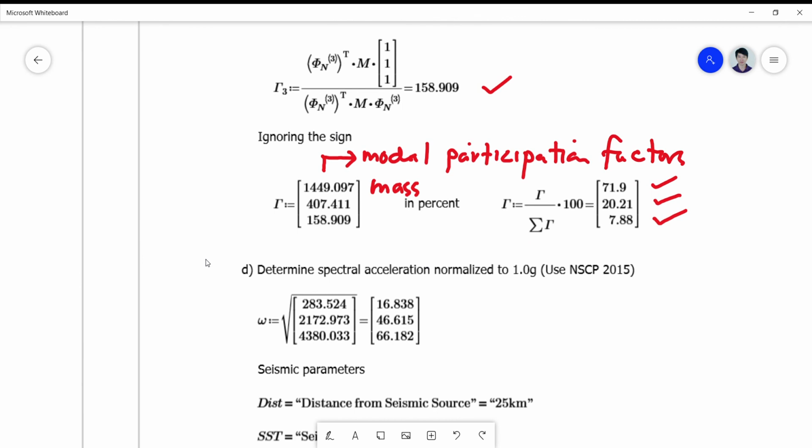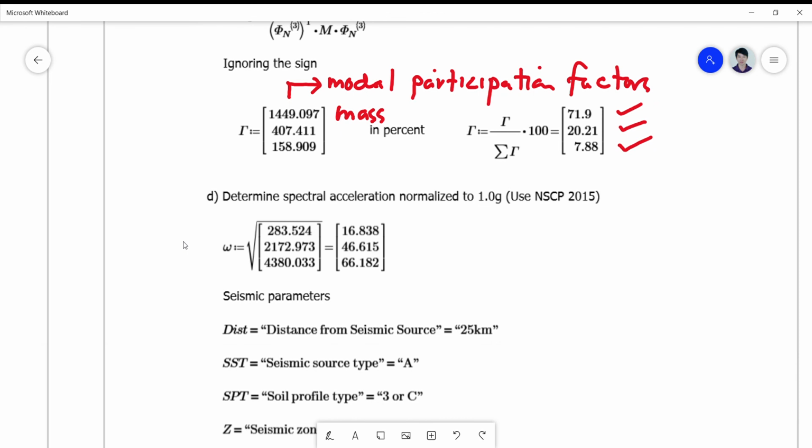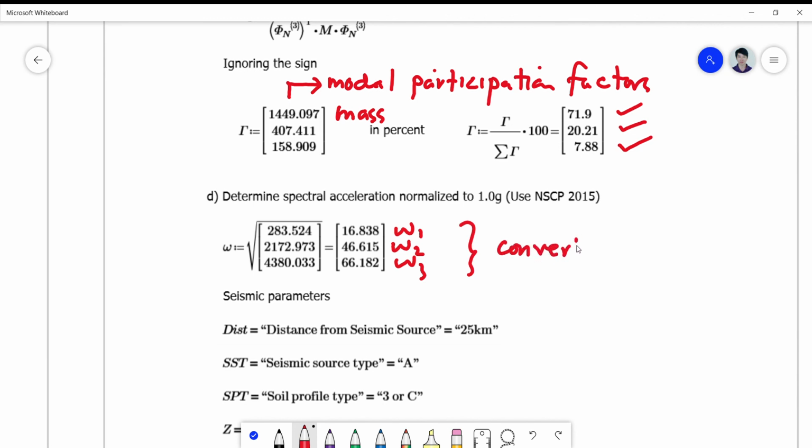Okay, so after solving for this modal participation factor, we determine the spectral acceleration normalized to 1.0 g using any code. This time we will be using NSCP 2015. And remember that our values for omega, not omega squared, are the following. So these are omega 1, omega 2, omega 3, with increasing frequency: 16.83, 46.61, and 66.182. So these are the frequencies that we will convert later into period T